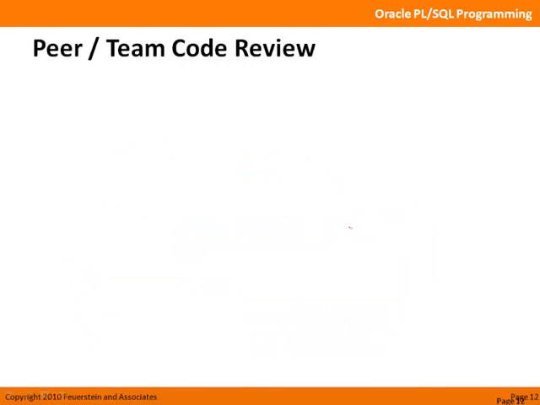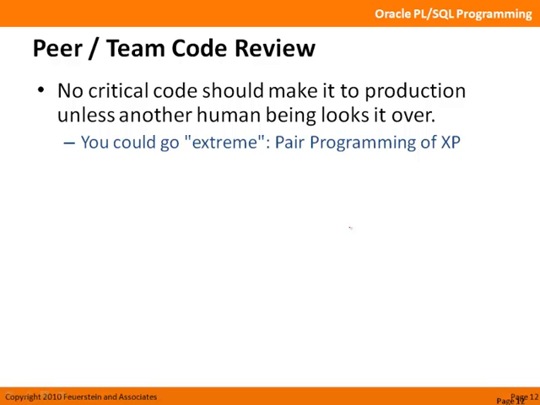So first of all, peer or team code review. Theoretically, ideally, none of the critical pieces of your code, and what's not critical, should make it into production unless another human being looks it over first. In other words, if we work in teams, almost all of us have team members, 5, 10, 20 members of our team, but even then we tend to write code alone. I'm responsible for writing program ABC. I write program ABC. I test program ABC. I check it in. And other people generally don't look at my code,